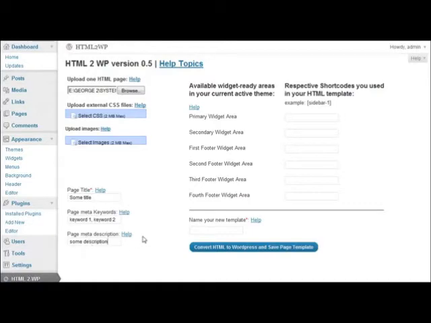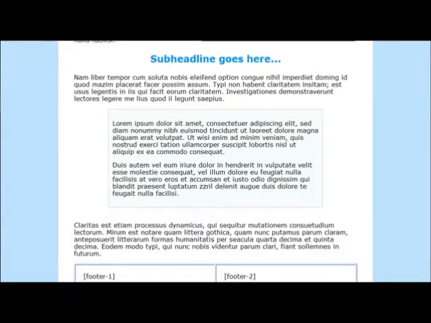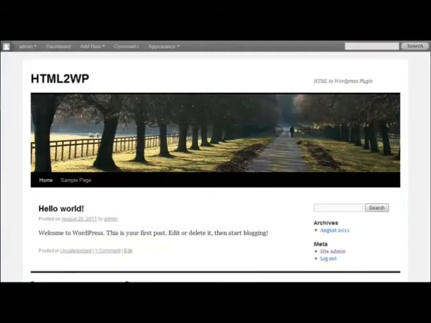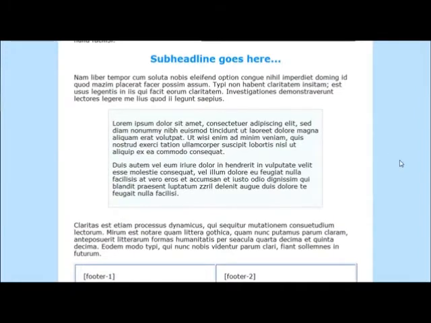Now let's see what we are going to do about this area here. As I showed you earlier, the HTML template has these two shortcodes in it, footer 1 and footer 2. What we are going to do now is couple these shortcodes with their respective shortcodes in WordPress.